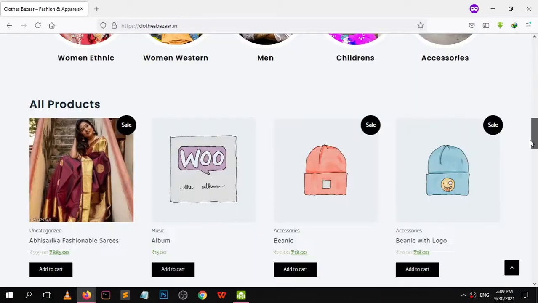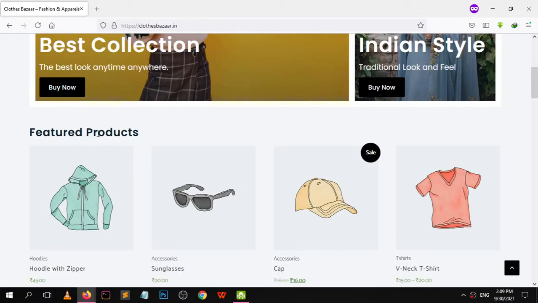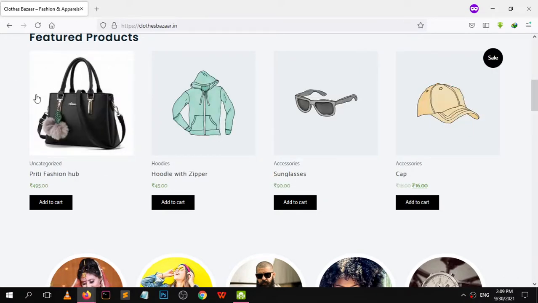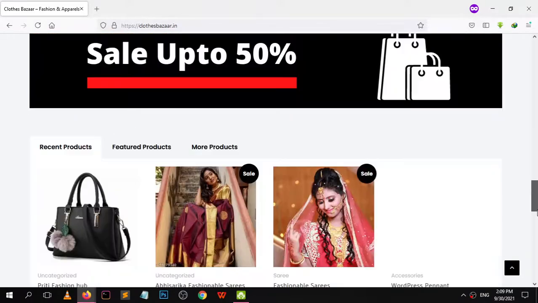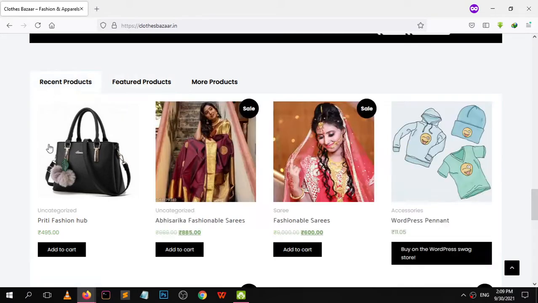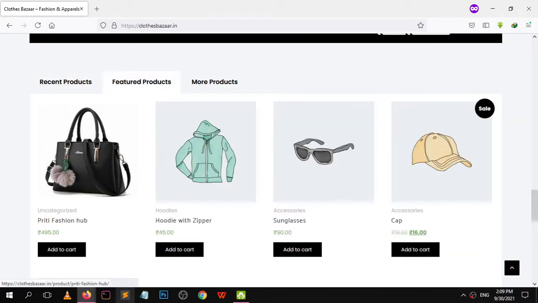Here is our featured product list. Reload and see if the bag comes in featured product. Here it is. Now the bag is visible in featured product. Featured product, recent product, bag.